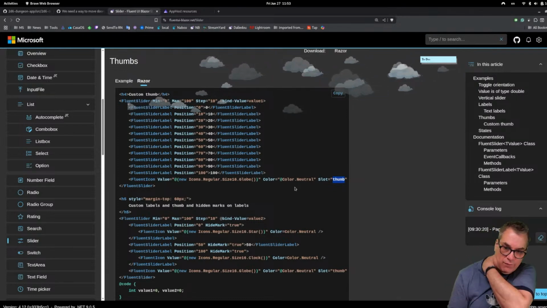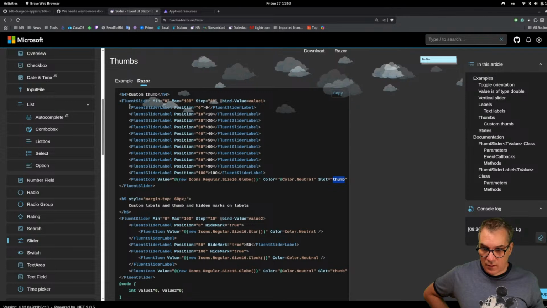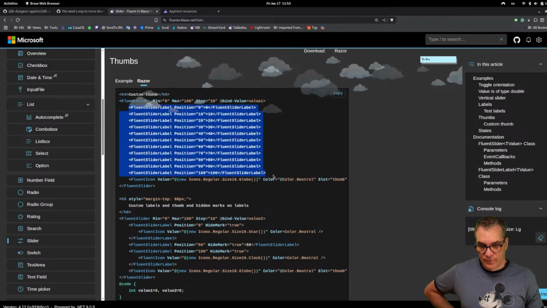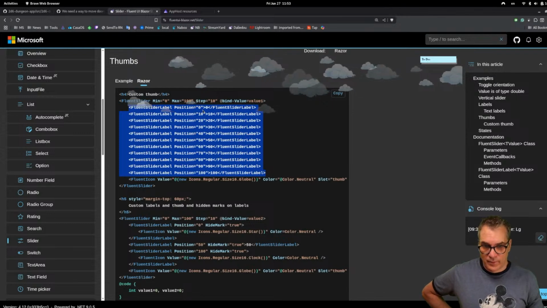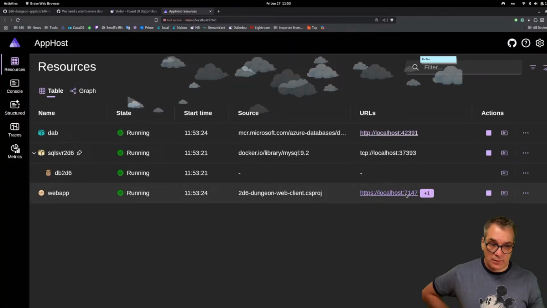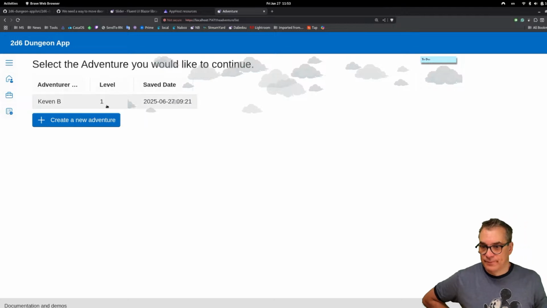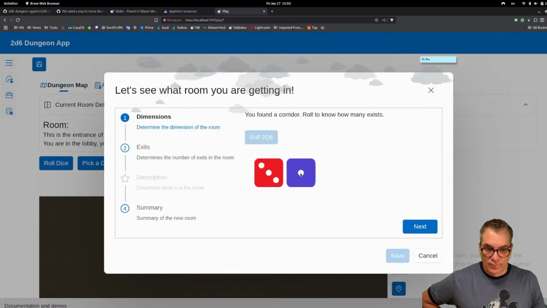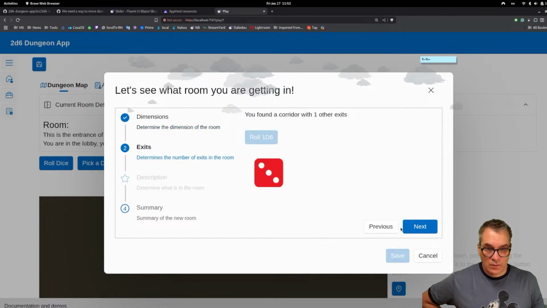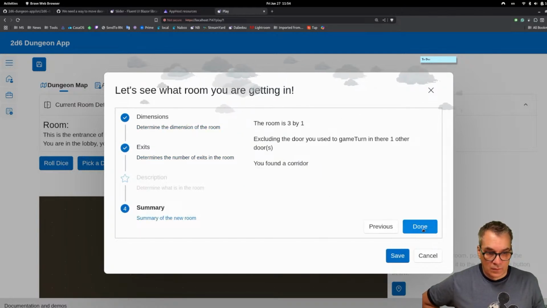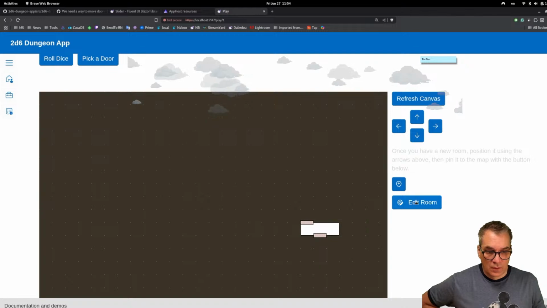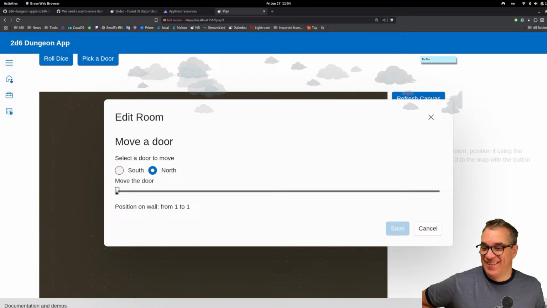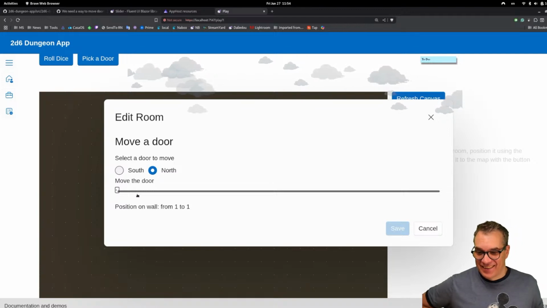I would like to avoid having to write this, but I could do it with a little for each. I mean, it's a corridor. Is it? Yeah, it's ugly, but